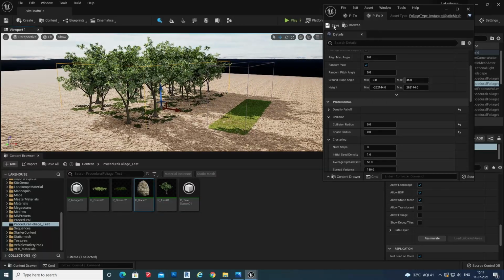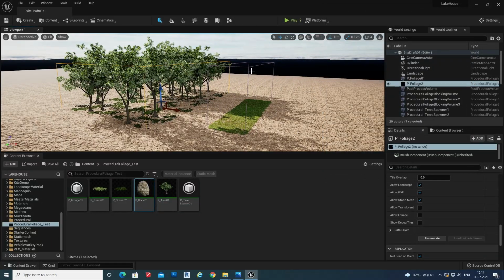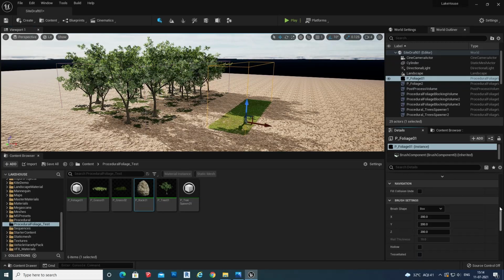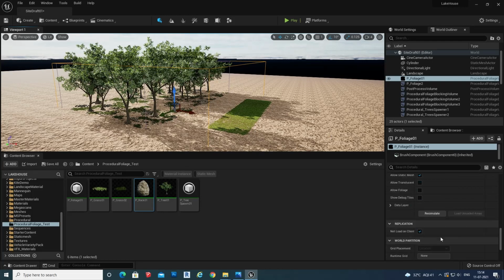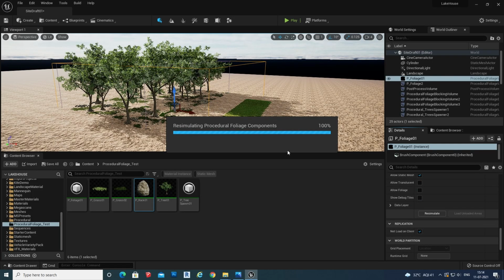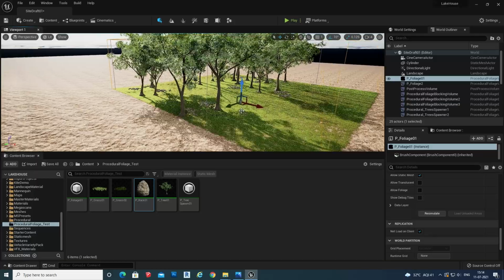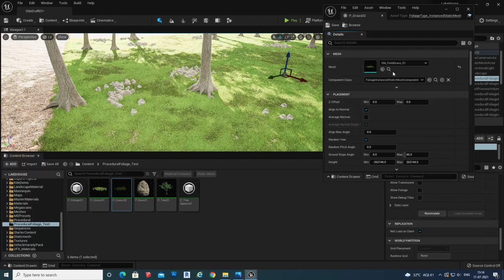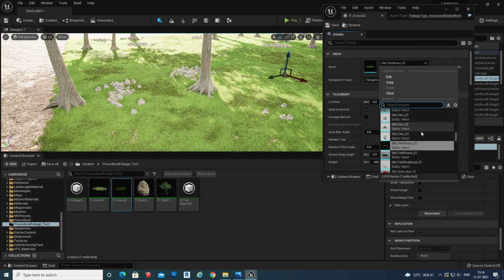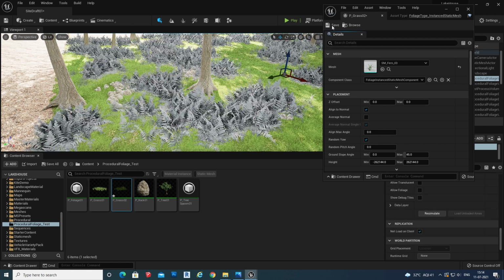So you can feel free to fine tune and make your own procedural foliage cluster. You can move this thing anywhere. And one more tip: I need a grass lawn, and above that I need trees with some shrubs. So how to do that? I am merging the volumes, keeping one above the other. One volume has the grass layer, and another has all the other trees and shrubs. Now I am replacing the grass with those small shrubs.